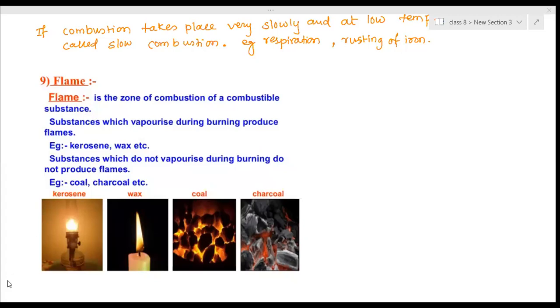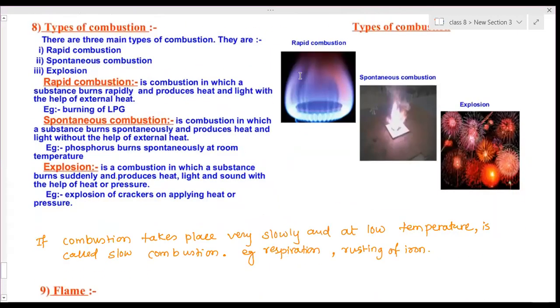Just like LPG, although it is present inside the cylinder, it is in the liquid state because it is under pressure. It is already a gas, present in the gaseous state in nature, but to transport it easily, it is compressed. That means pressure is applied on it and it is stored in cylinders. When you open the knob, that liquid gets space, so the pressure on it is released, that means decreased. When it comes through the knob, that liquid gets converted into gas, and when that gas burns, it produces this flame. Able to understand?